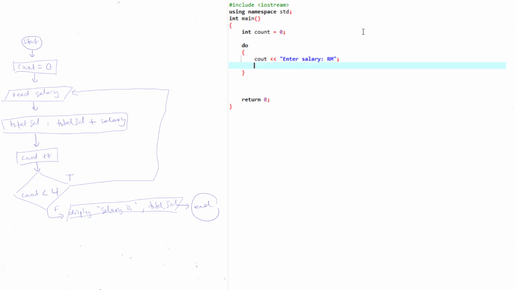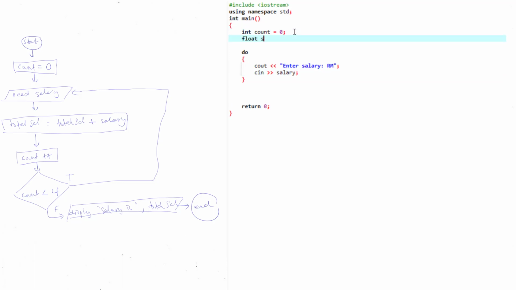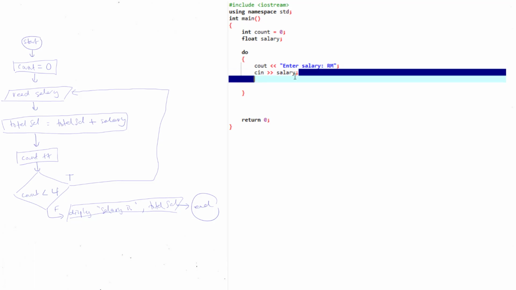Okay, and then we'll ask for the salary. So we have a variable called salary, so we can just declare this. I'll declare this as float since we're taking money. With money, sometimes we have shillings or we have coins, right? And then the other thing that we need to repeat, since we have asked the user for the